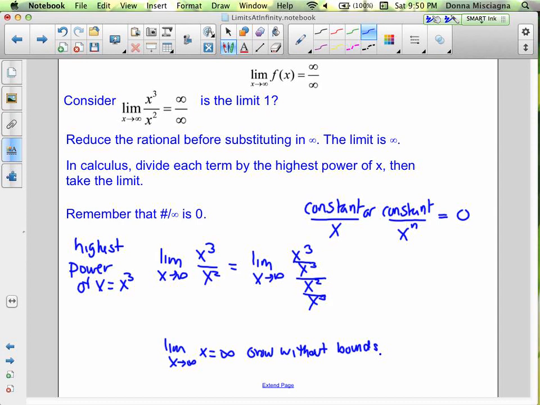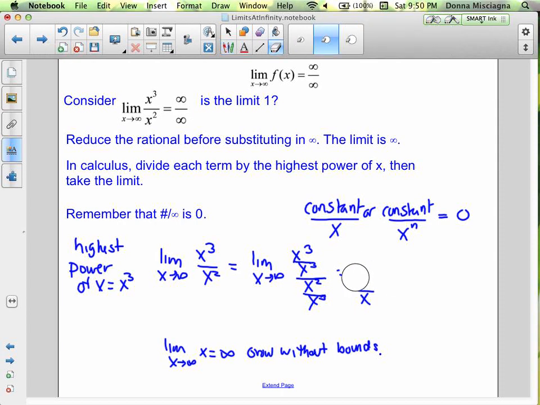All right, so let's reduce here. x cubed divided by x cubed, that'd be 1. And then x squared divided by x cubed, that would be 1 over x. But of course, we're not done yet, right? We've got to simplify that, right? So that's the same as,